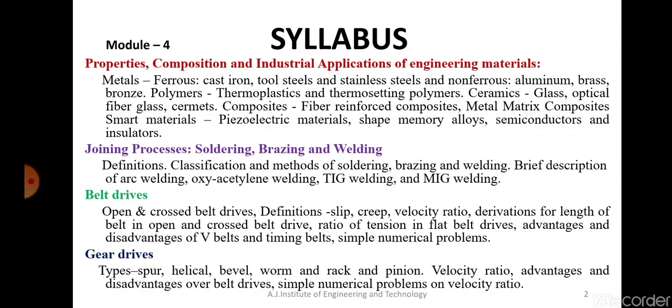Moving on, in the third part, again it's a continuation here. It's something called belt drives. Okay, it's a power transmission system. So if power has to be transmitted from one point to another point, then we have to use different methods. There are 2 important methods that have been shown here. You will have to study belt drives as well as gear drives. In belt drives you will have to study different types of belt drives, that is open belt drive and cross belt drive.